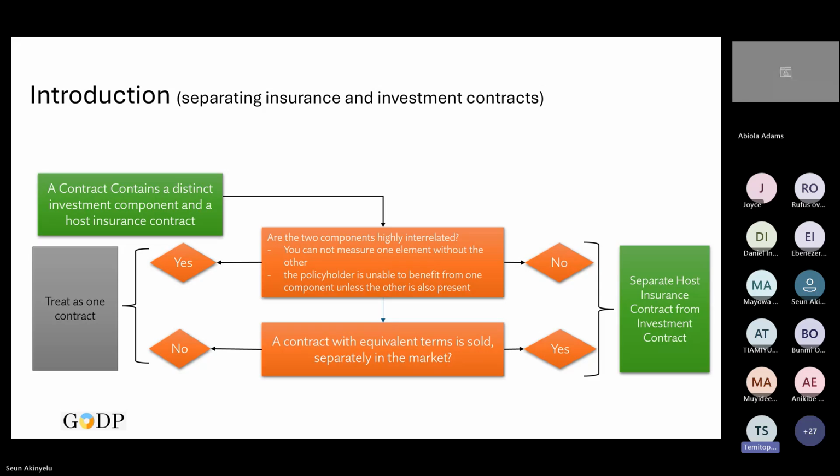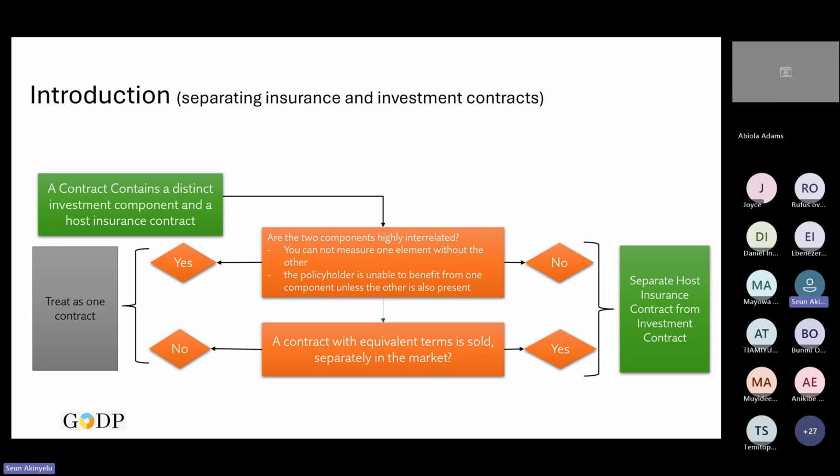Okay, I think the contract should be recognized differently because you can ascertain the amount for the different contracts. I mean, they are distinct. You're able to calculate what one component or the other is. So I would say it should be accounted for differently. Okay, thank you very much.